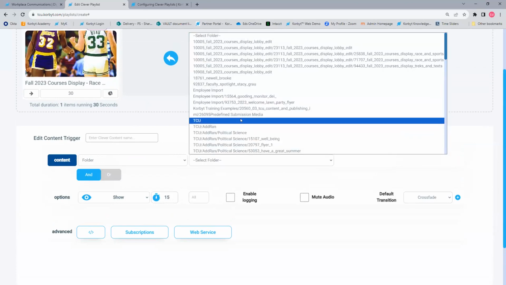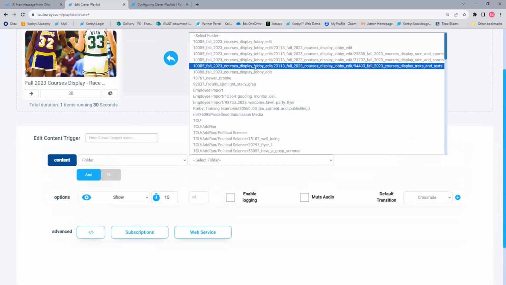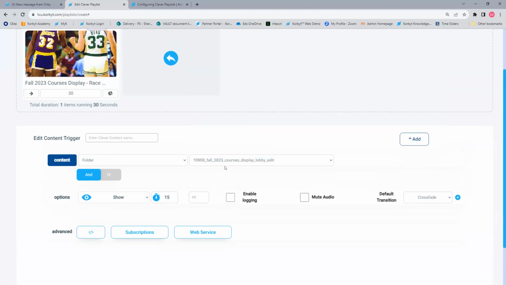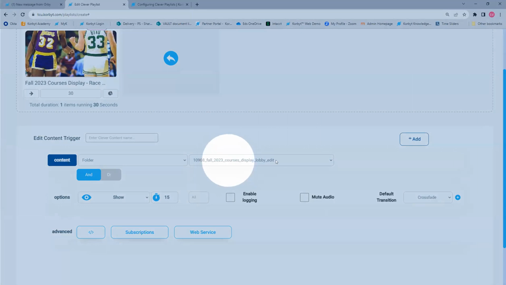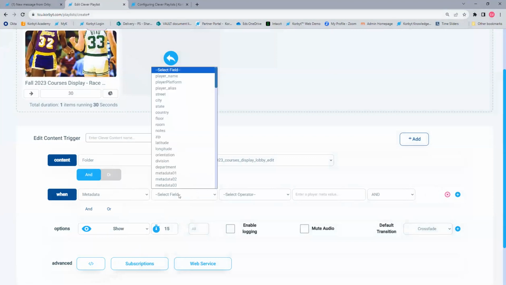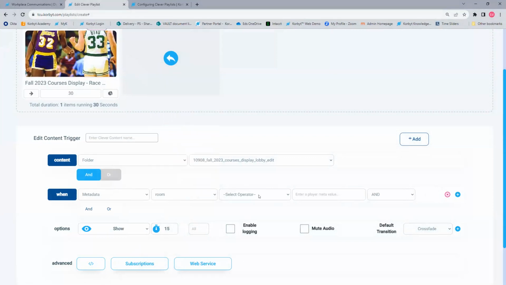So for example, if I pick items from just this fall courses display lobby edit folder, but that has lobby in the name. So if this was content that should only be seen in a lobby, I can also give this item instructions to only show if the player information for its room is that it is in a lobby.